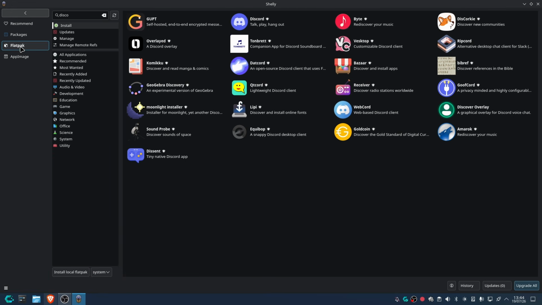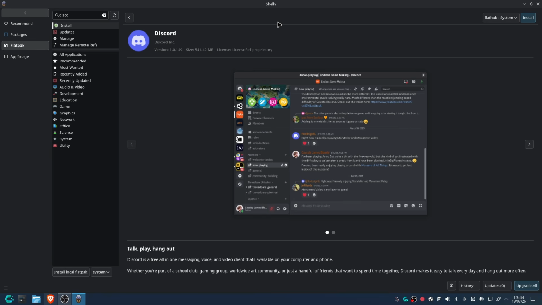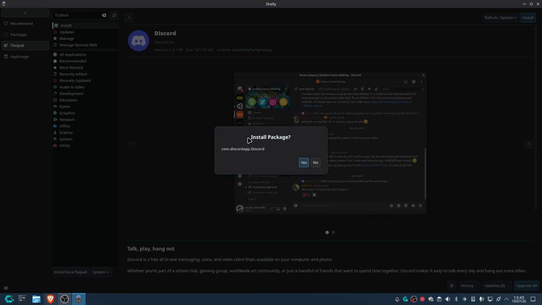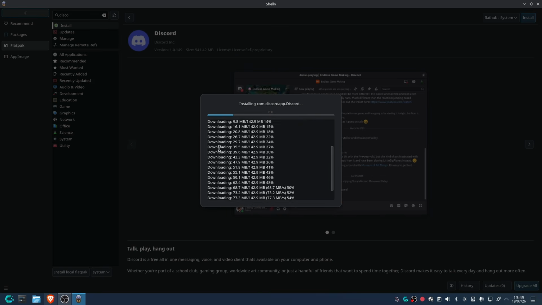Okay, so we search for Flatpak, Discord, and this is officially supported by Discord, so they support the Flatpak version. And here it says Flatpak system, which means that it's going to install it system-wide. So if you create a new user, you will also have Discord as well. So let's click on install here, install package. It lists what we're going to install, so we click on yes, and